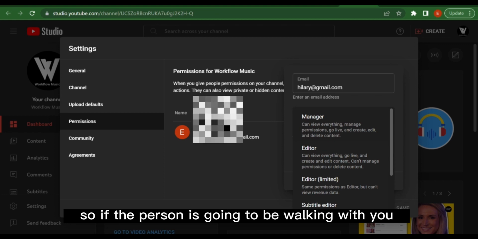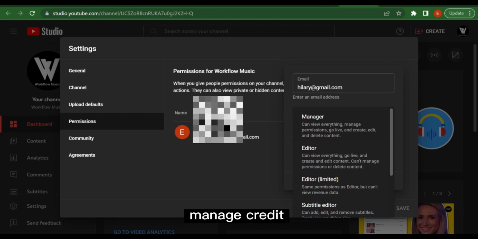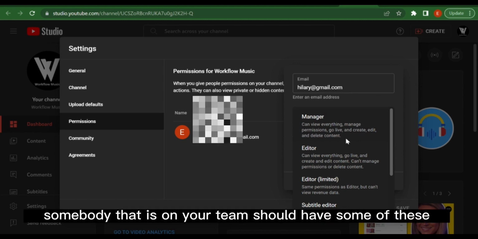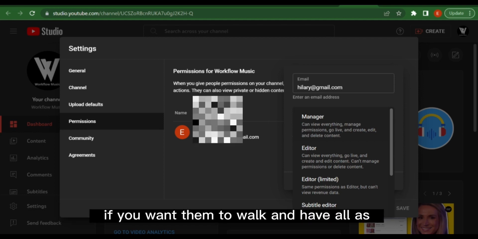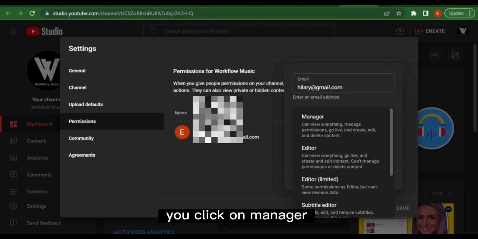So if the person is going to be working with you, editing everything, the person can view everything, manage credits, go live, have permission to delete content. Somebody that is on your team should have some of this. So if you want them to work and have all the power and permissions, you click on manager